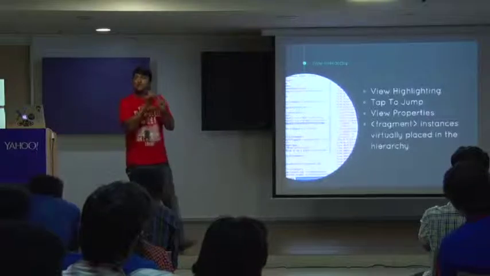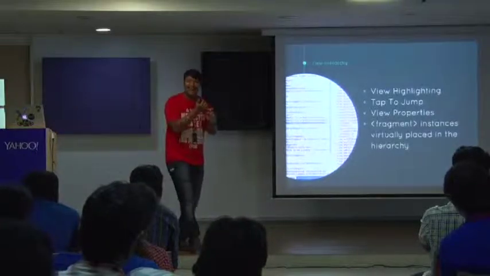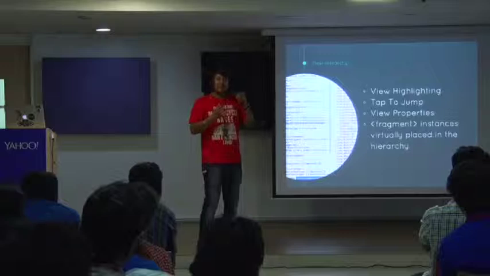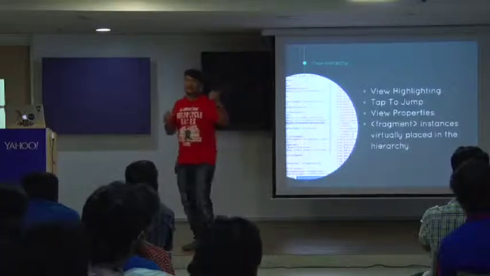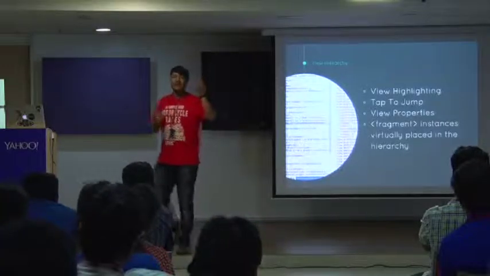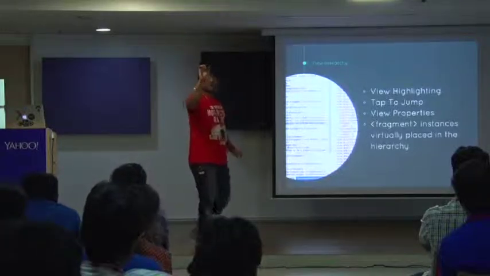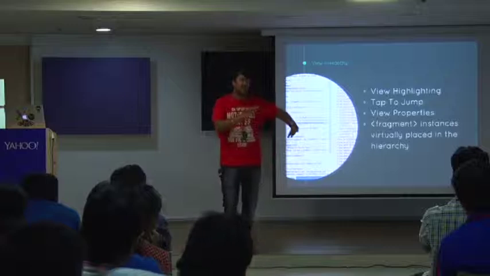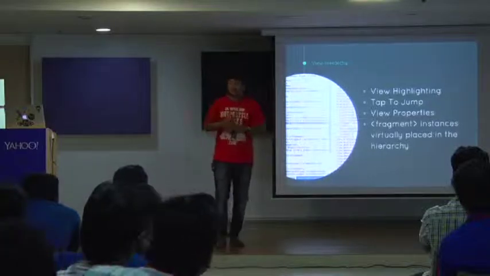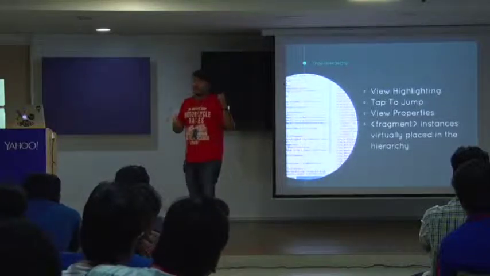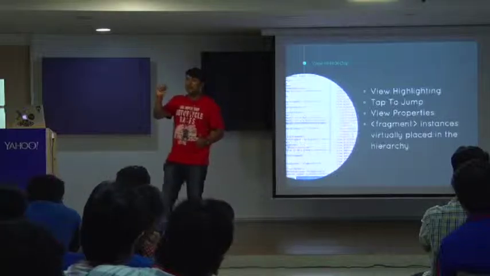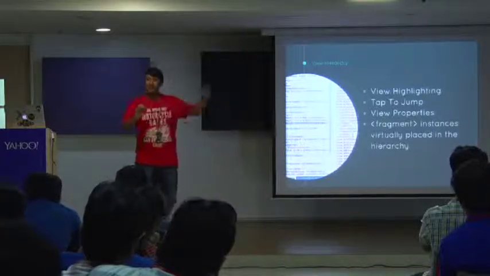First is your good old jump-to tab, right? So if you have ever done Chrome debugging in web views, there is a nice magnifying glass in the console where you click it and then you drag your mouse pointer to any place, and it will highlight the div element. Same thing you can do for Android as well, and I'll show you how. So you can just tap on your icon, tap on any UI element, and it will highlight that.